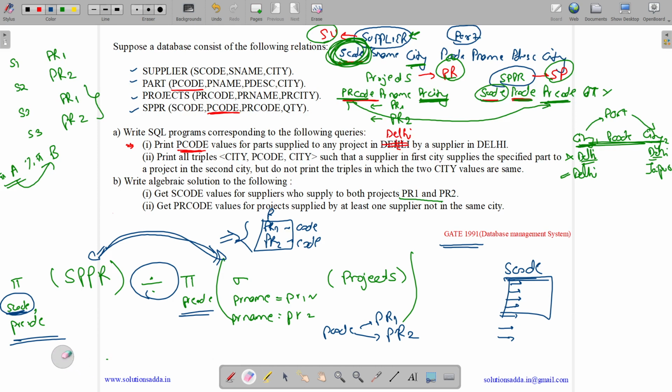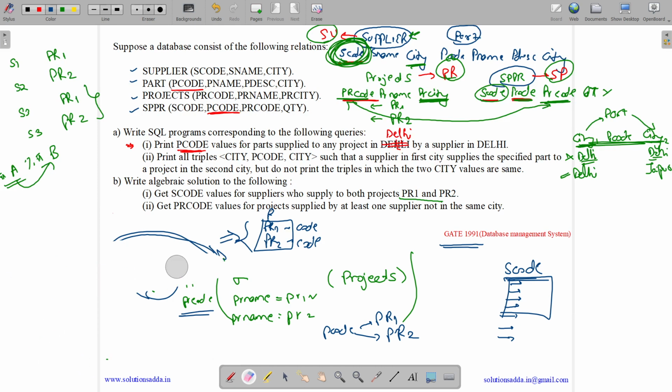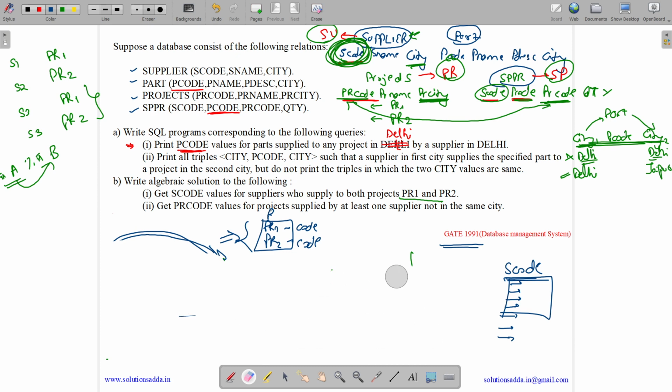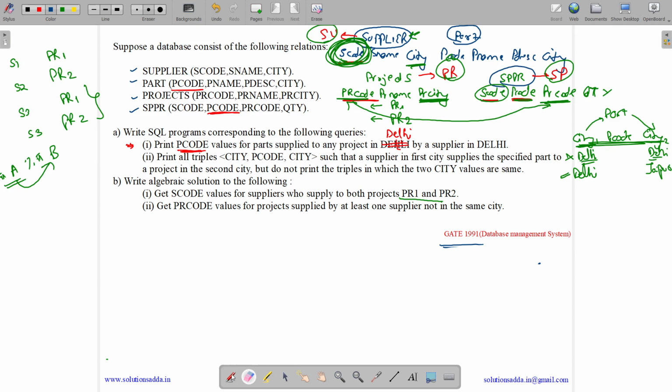Okay. Now let us see option B. Option B part 2. So option B part 2 states: get PR code values for projects supplied by at least one supplier not in the same city. Okay. So here what we will do, we will first take supplier,